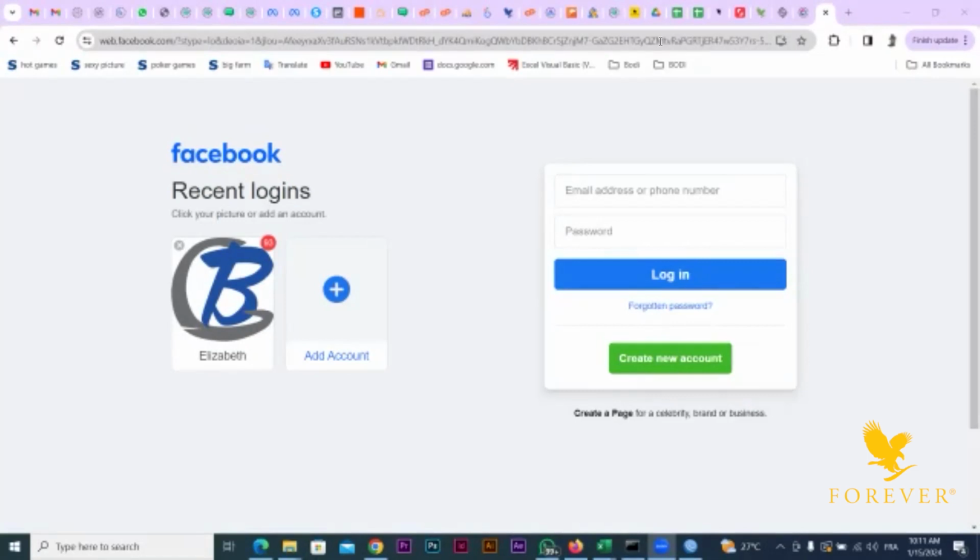So generally, to log into Facebook, you need 2 things. You need an email or a phone number, and then a password. So those are the 2 things that you need. It's either an email or a phone number and a password. You need those 2 combinations to be able to log into Facebook. So if you don't have the phone number, then you should obviously have the email, and then you should have your password. Without those 2 pieces of information, you can't log into Facebook,